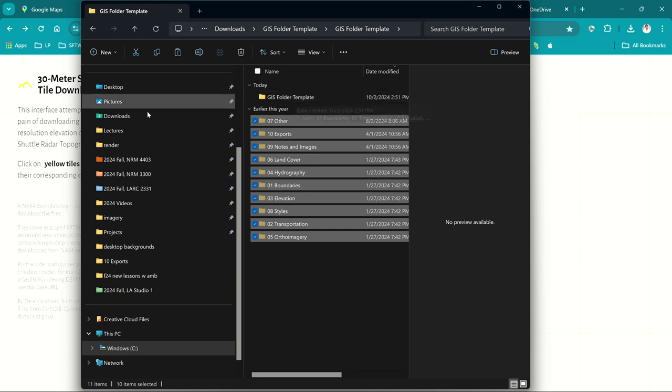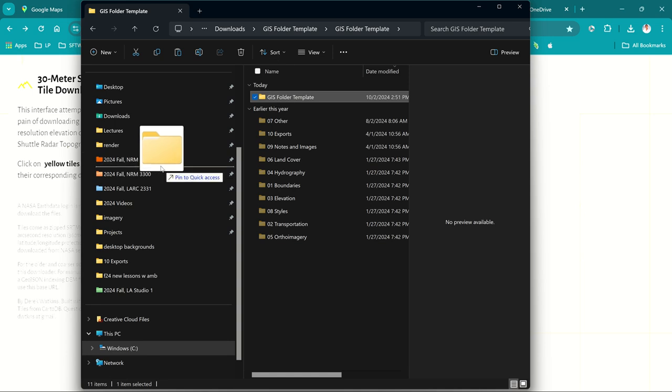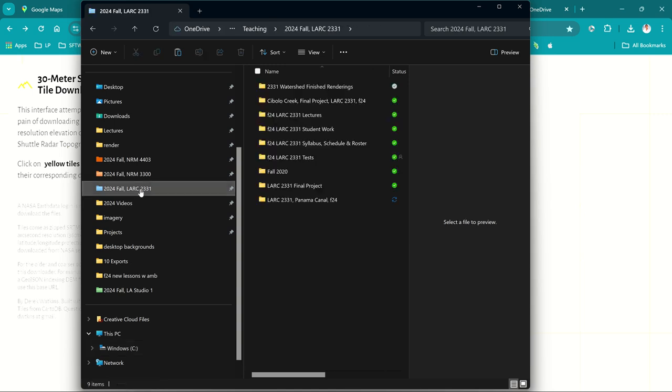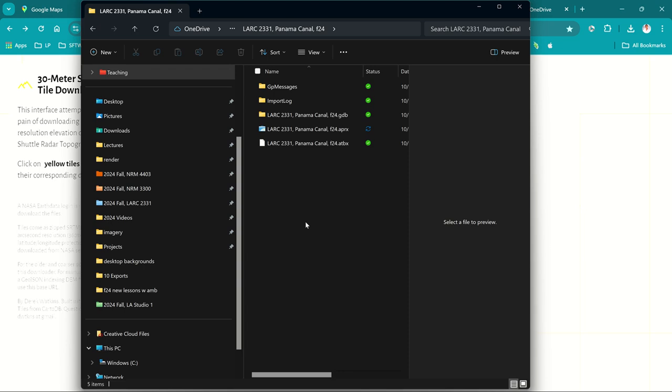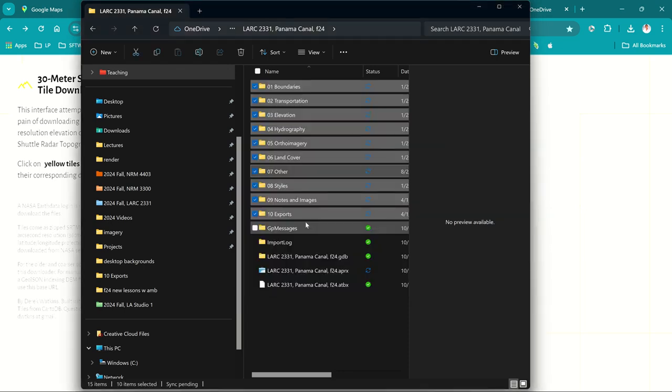And now what we can do is go over to our class folder, and you can easily make shortcuts. For example, you could just drag this over here, and when you see that I-beam, that pins it to your quick access. So that's it. It's super handy if you're working on a project for an hour or two. Okay, so now let's open up our project and just Control V to put all of these other